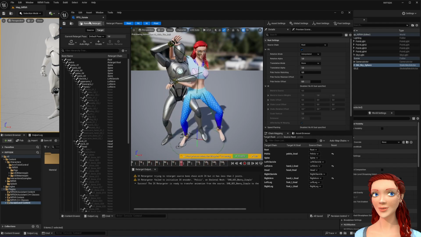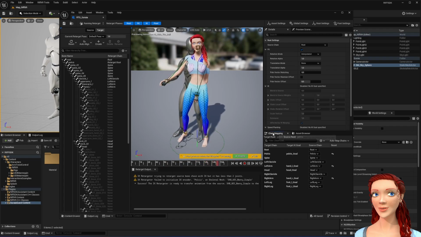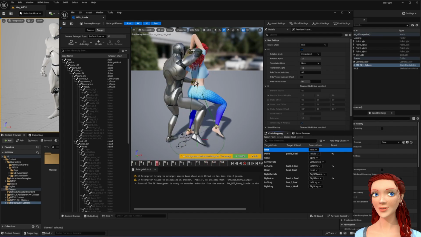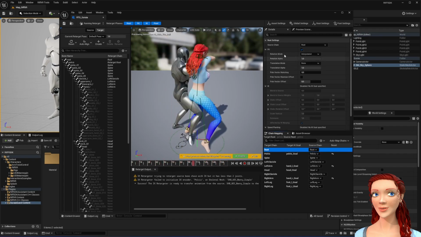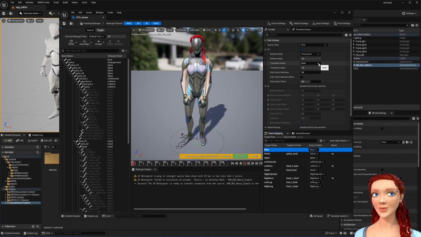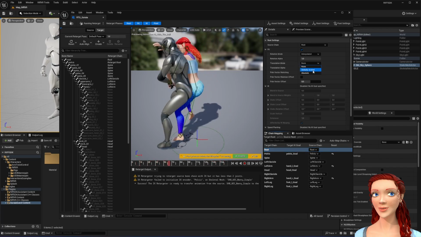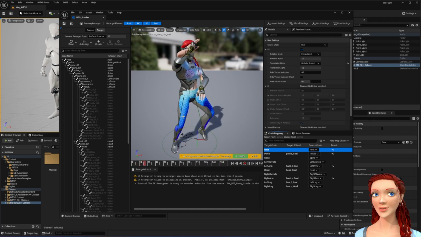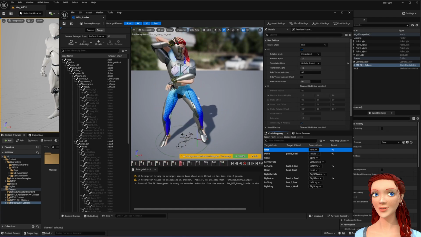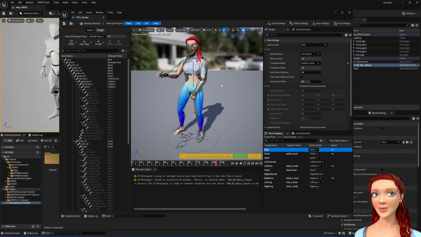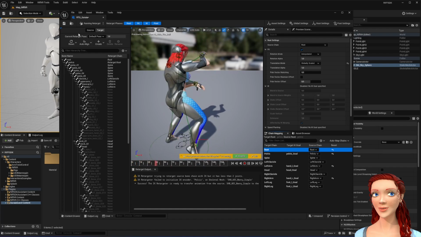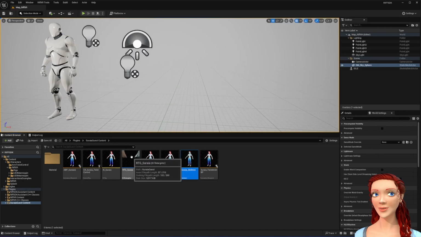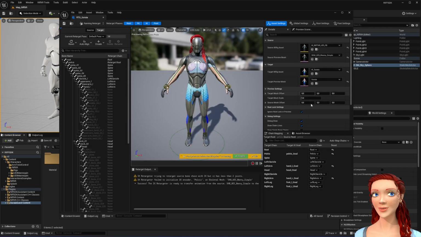In the retargeter, you can go to chain mapping, and if you select the root, you see translation modes here. If you change this from none to globally scaled, then suddenly your avatar actually moves with it. Okay, so now that our retargeter looks good, or at least I think it's working as it's supposed to,